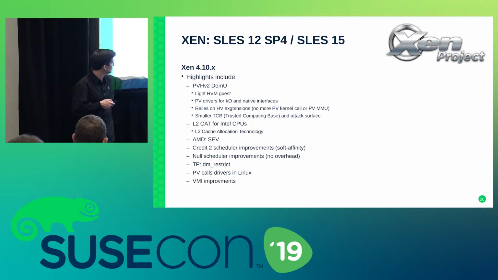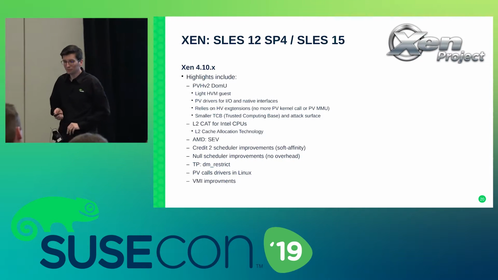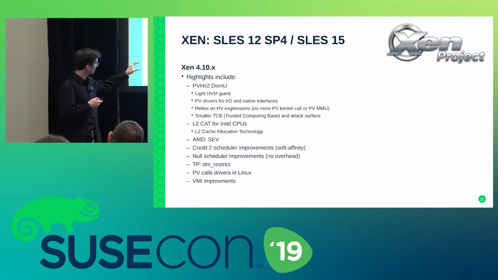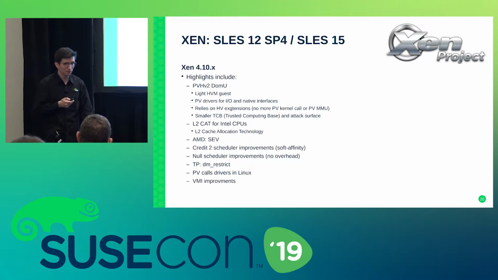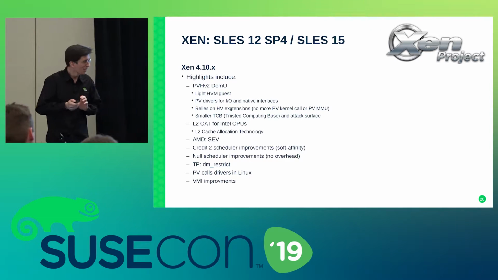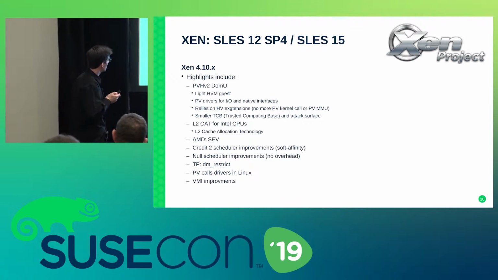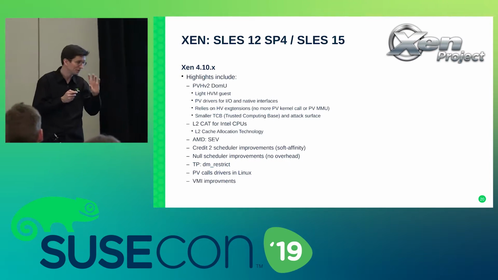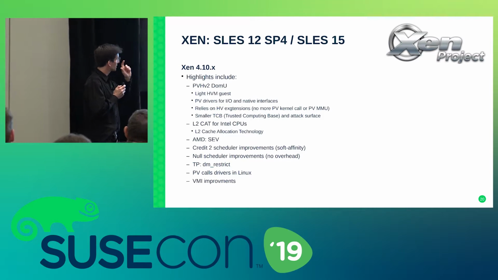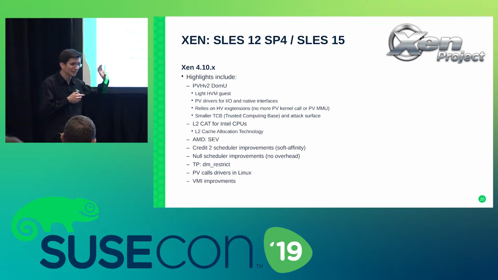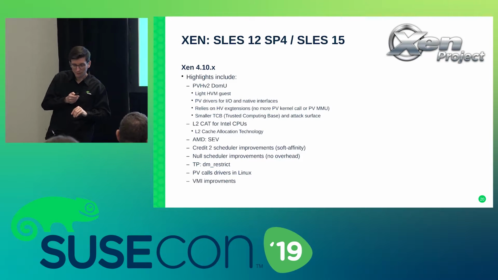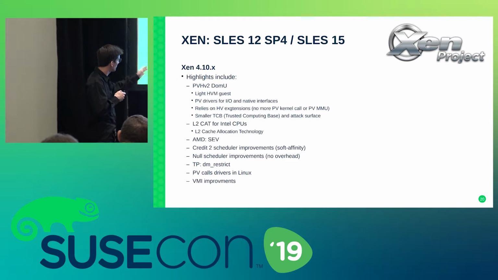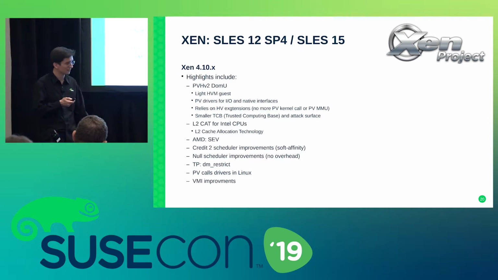On VMI improvements, VMI is virtual machine introspection, and it's also security stuff. It's something that restricts the usage of memory. So it does an audit of the memory of the guest and restricts the usage if it thinks some sensitive access has been done in some sensitive memory. So it will shut down and restrict the access.